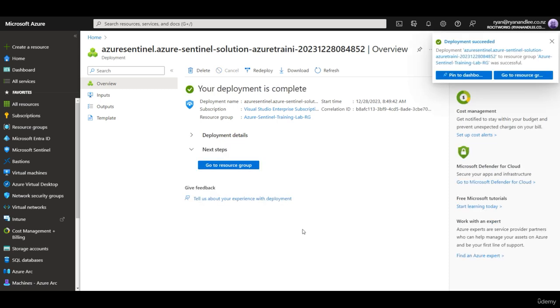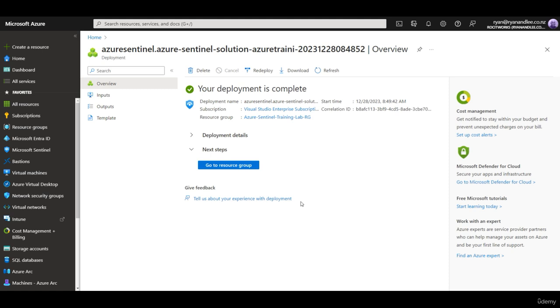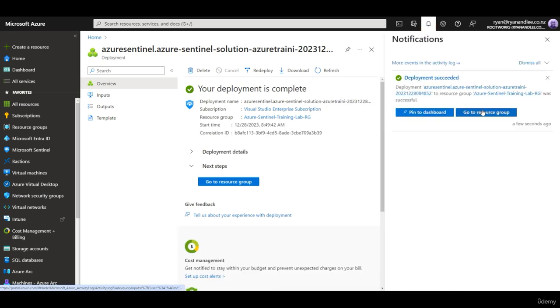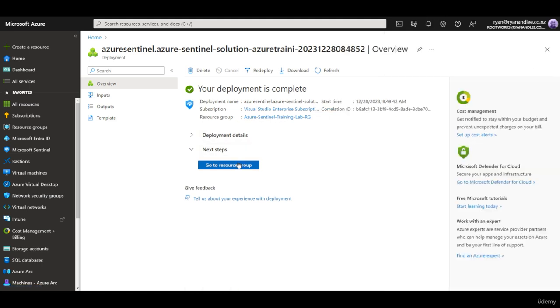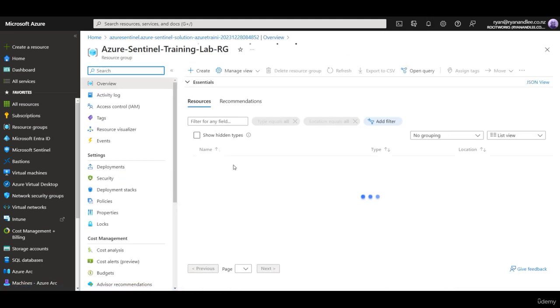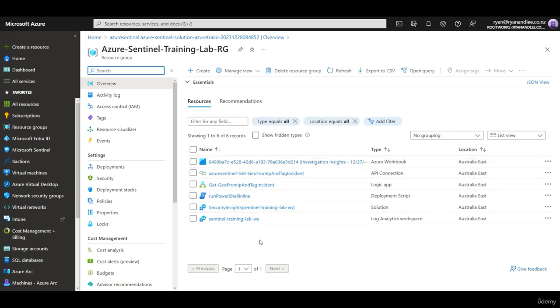As you can see, the Microsoft Sentinel training solution actually deployed quite quickly. In my case, it didn't take too long to deploy. It took around 15 to 20 minutes. So I'm going to dismiss this notification. I'm going to click Go to Resource Group, and you can see now here is all of my Sentinel bits and pieces as related to that training lab